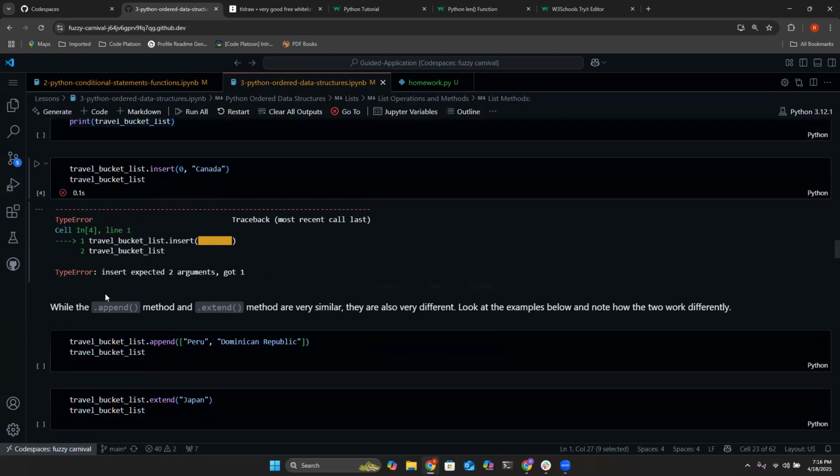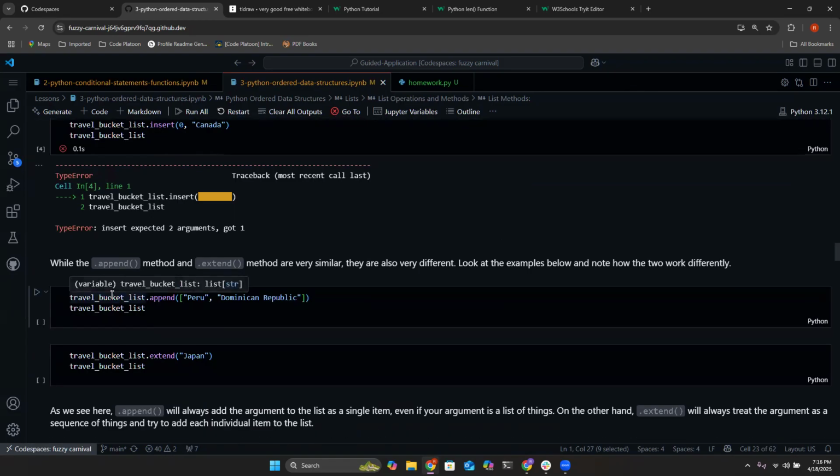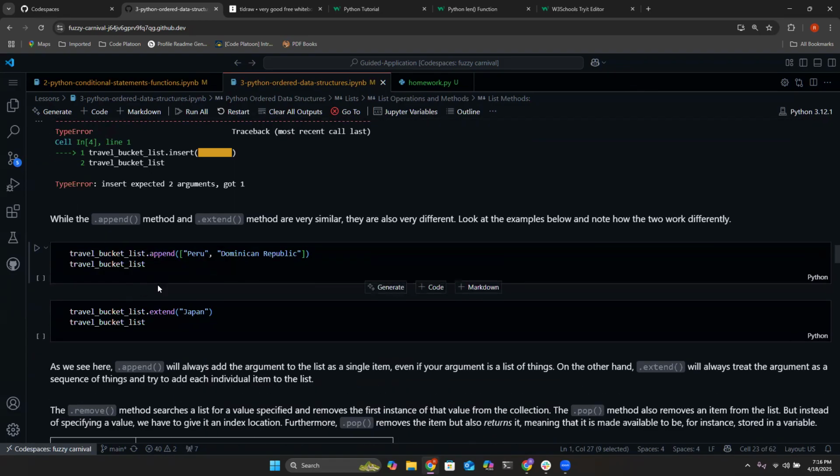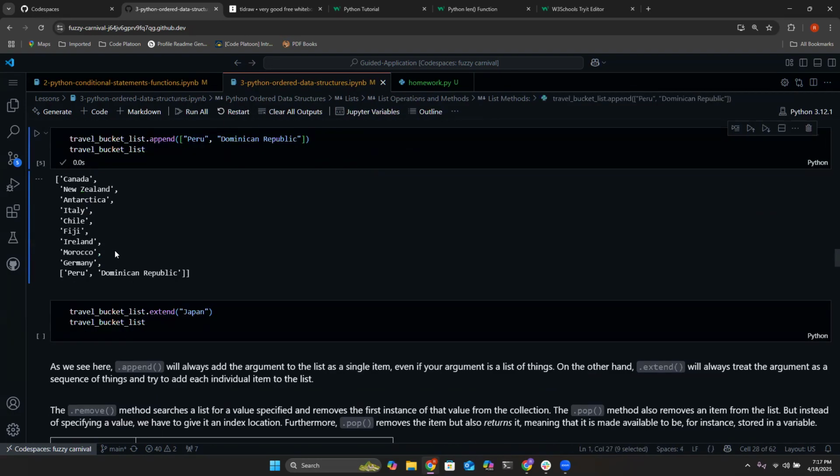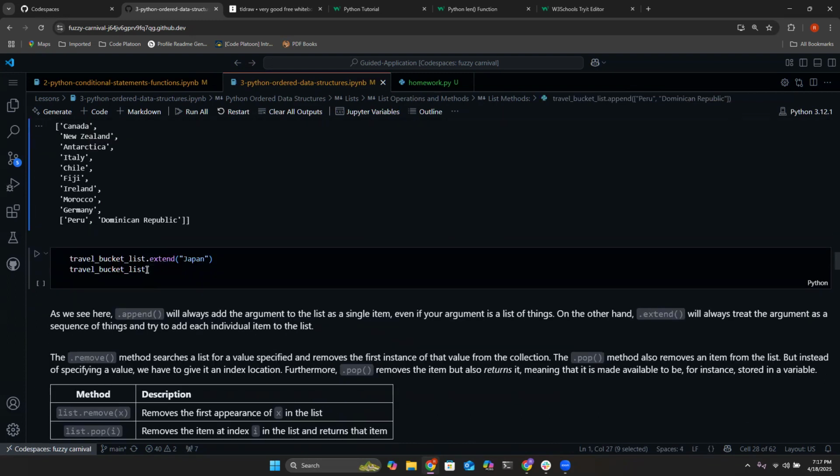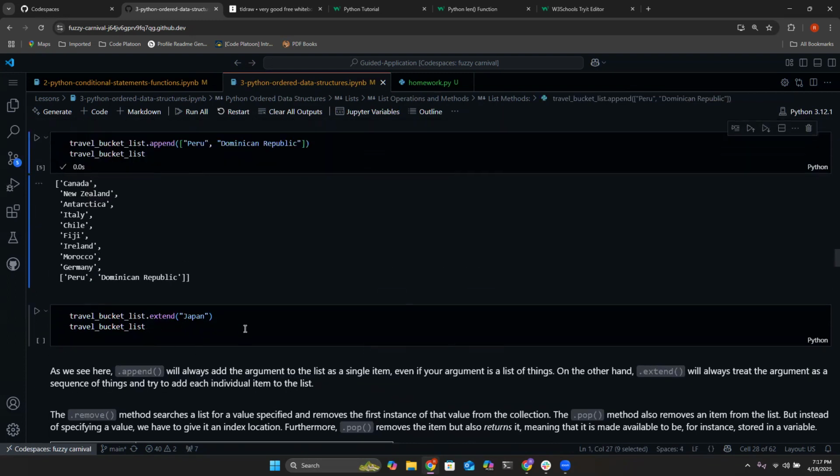Let me go ahead and take a tactical pause. I think I skipped something. No, this is just describing the differences. Okay. All right, so here